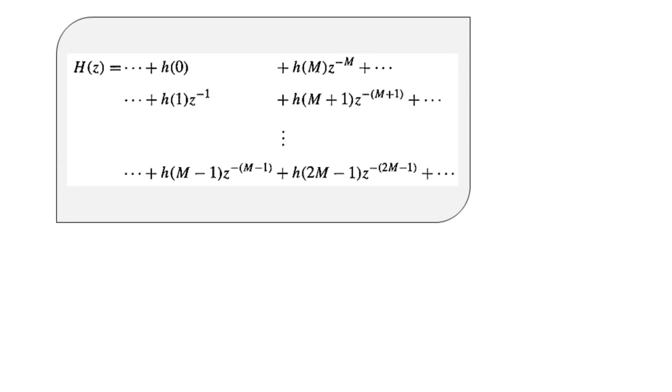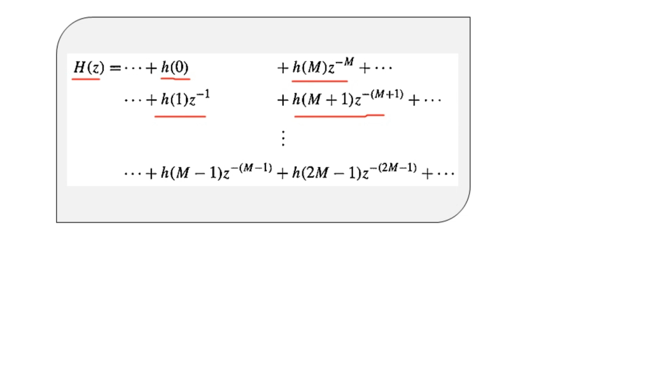Here we show with the help of the mathematical expression. So the filter function in the Z domain is represented as H(z). Here you see, H(z) is now split up. So it has the terms h(0) added to h(M) z^(-M), further added to h(1) z^(-1), added to h(M+1) z^(-(M+1)).